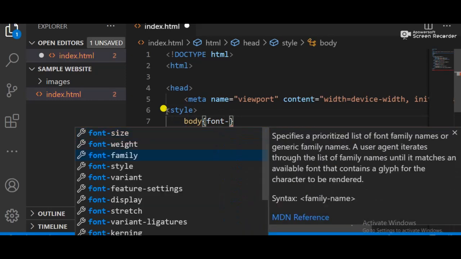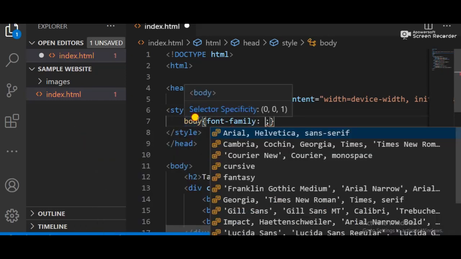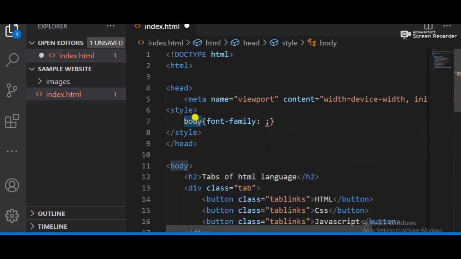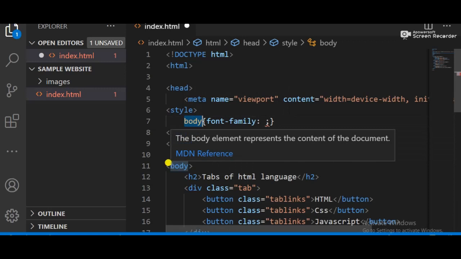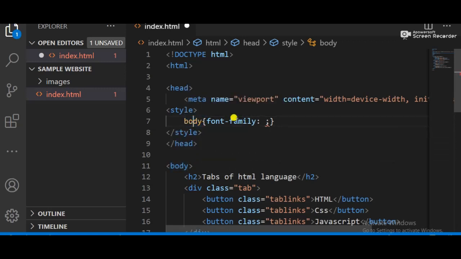Now here I'm using a selector. This is called the type selector. If you apply the complete tag name, so this is the body tag name, there is no dot and hyphens and anything else. So this is the type selector. And what is a selector? This is actually a selector which you call by this name, like the body and ID, that all are the selectors, in the CSS case.